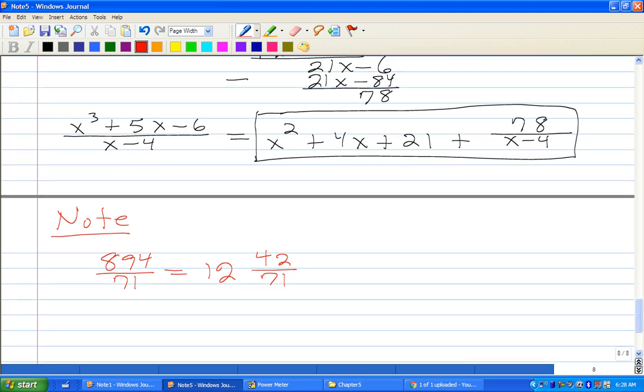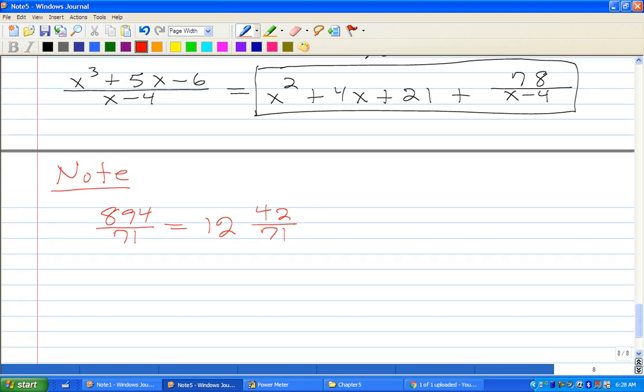But I would be wrong if I wrote x cubed plus 5x minus 6 over x minus 4 equaling x squared